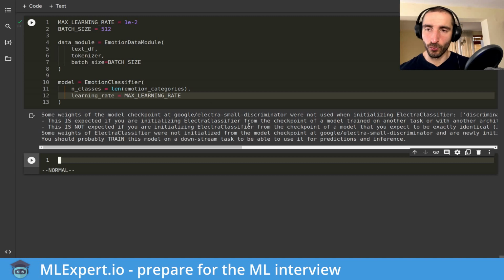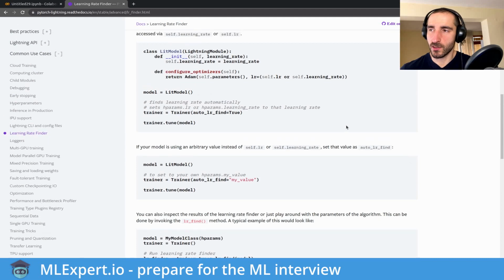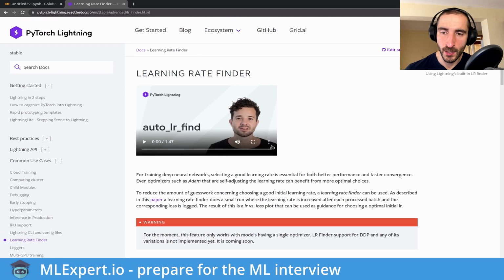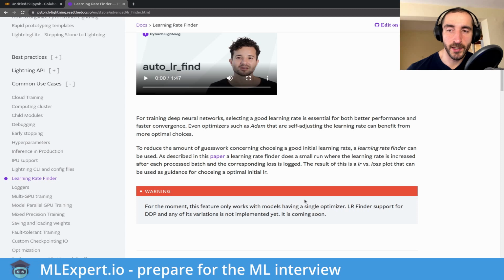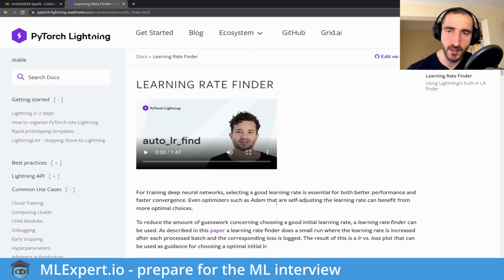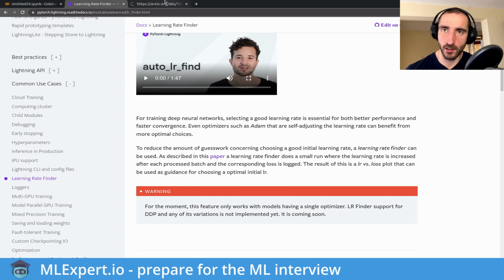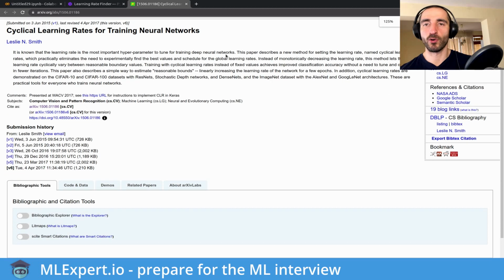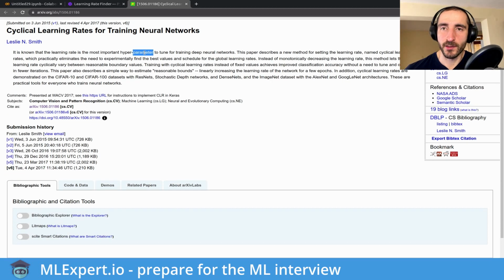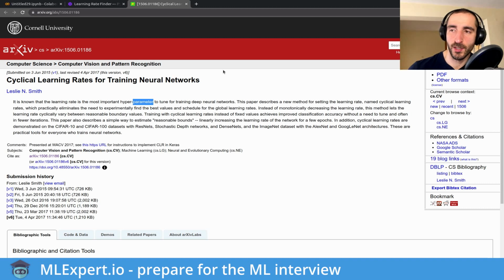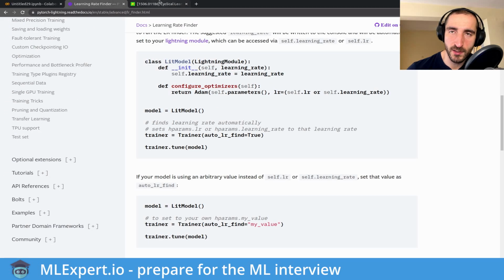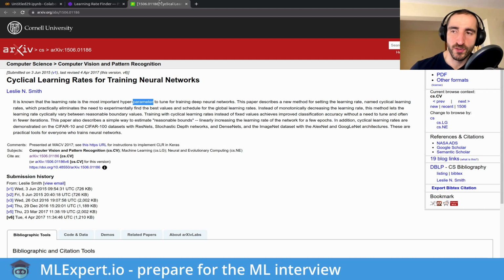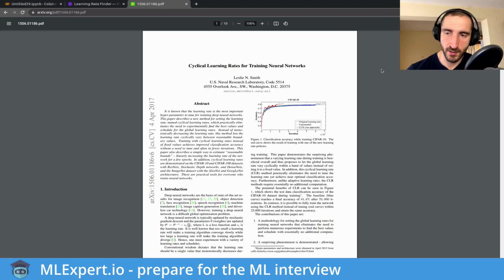So how do we use this in PyTorch Lightning? PyTorch Lightning has this learning rate finder documentation, and they say that it's really important and really hard to find good learning rates. So there is a paper, which is this one, Cyclical Learning Rates for Training Neural Nets, and this one specifies an approach to finding those learning rates. So what this does is basically try different learning rates and go through a very small subset of the data. And they provide very good examples or experiments in here,